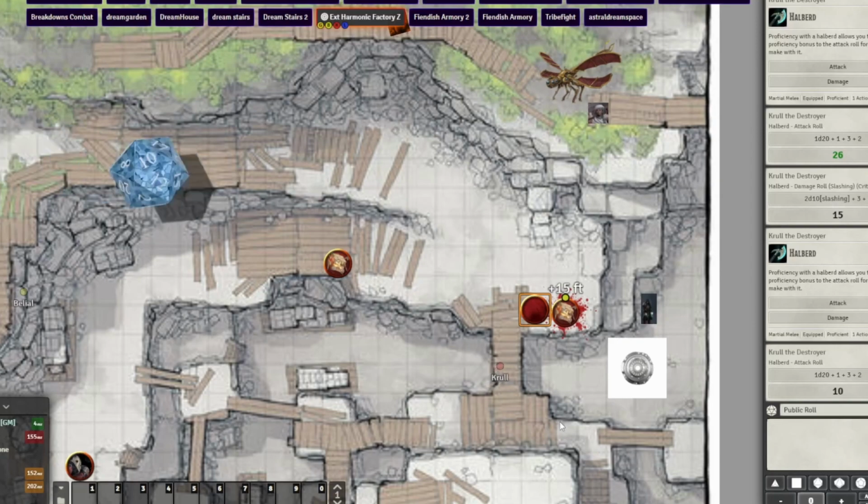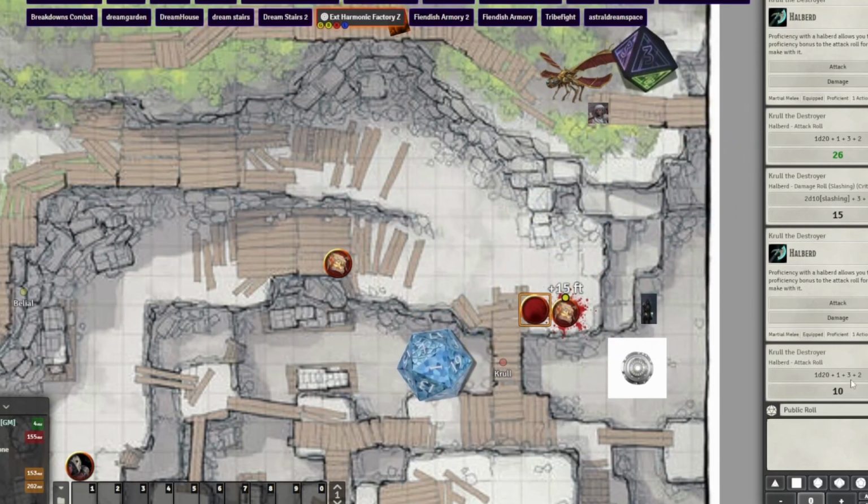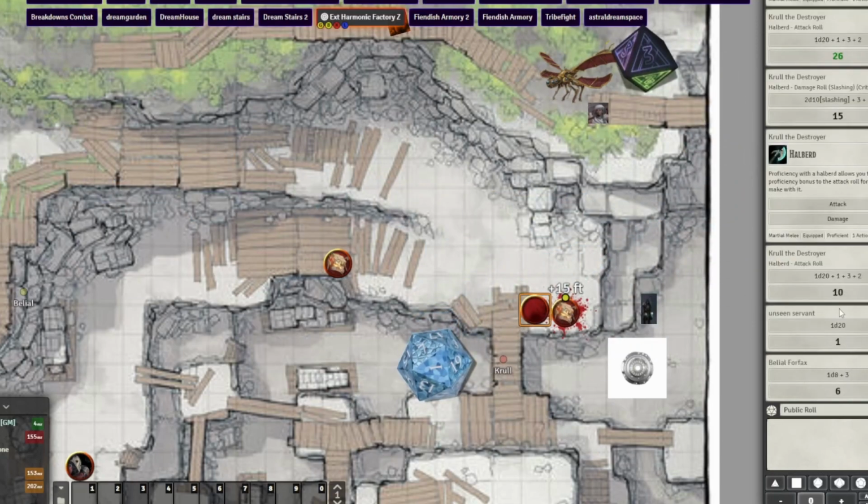I also hit that thing with, let's see here. Yeah, he takes extra 6 damage. So okay, 6 damage to him. And the flaming sphere hits him for. Your guiding bolt is an attack roll too, I think. Oh yeah. Yep, you have to roll a ranged attack for that.